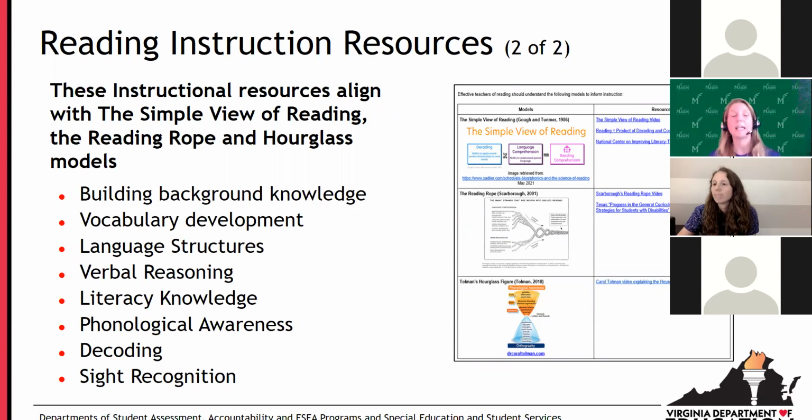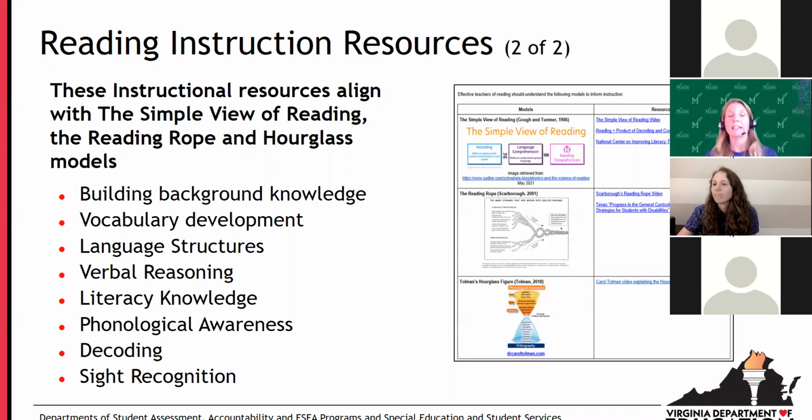So when you take a look at this slide, you'll see that you're going to find information on building background knowledge, vocabulary development, language structures, verbal reasoning, literacy knowledge, phonological awareness, decoding, sight recognition, resources that are going to support good reading instruction for any student.